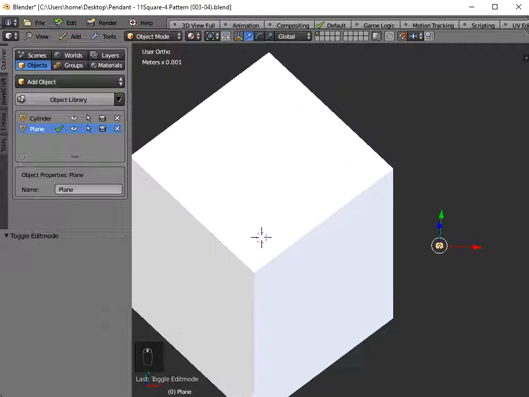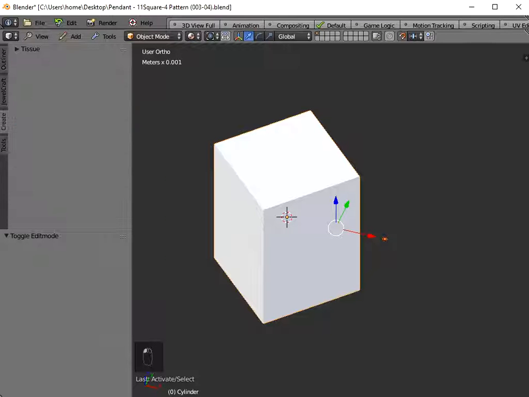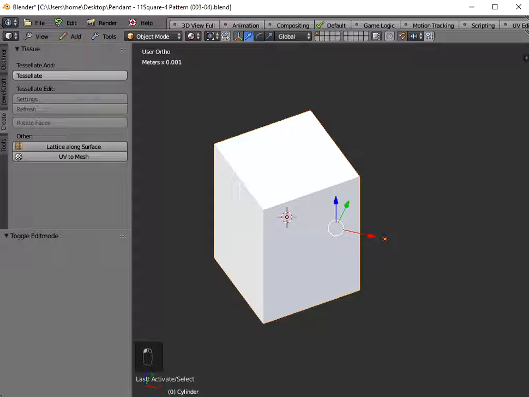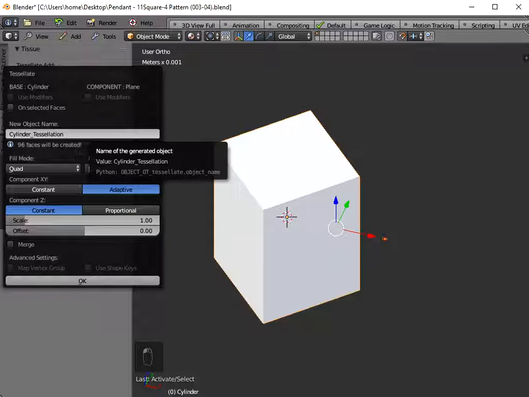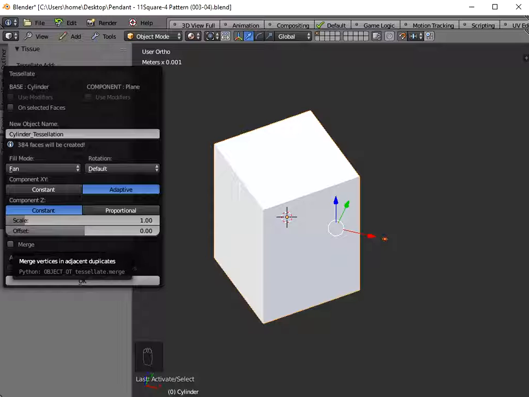Okay, so there's my basic pattern, and if I now hold down the shift key and select the cuboid there, and you must have the Tissue add-on installed, and I go to the Create tab and Tissue, and I select Tessellate. Now there's two things that we want here. I need to change to fan mode. Fan mode will give me a certain style, certain pattern, and I'll show you that in a second when we tessellate it. So switch to fan mode, and you must, from the point of view of 3D printing, always tick